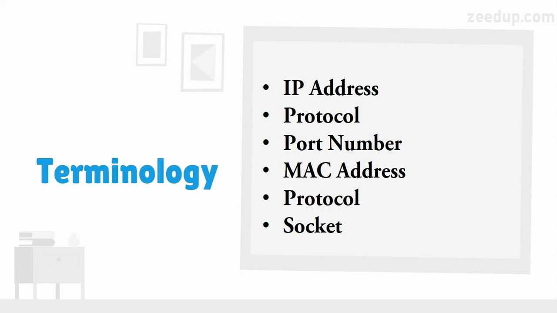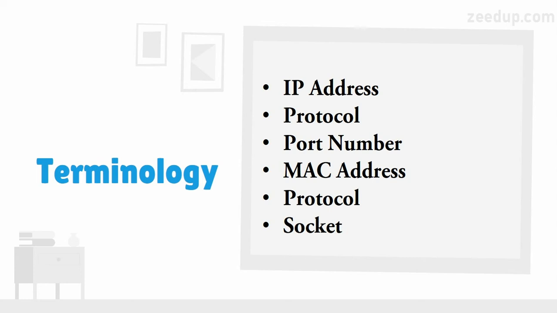If we talk about the connection-oriented protocol, whenever the connection is established, an acknowledgement is sent by the receiver. The connection is established between two parties: one is the sender of the information and the other is the receiver. Whenever the sender sends some information, the receiver is obliged to acknowledge the sender that, okay, I have received this information. This kind of protocol is known as a connection-oriented protocol.